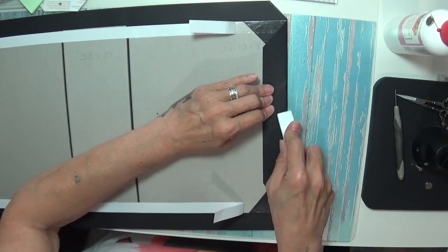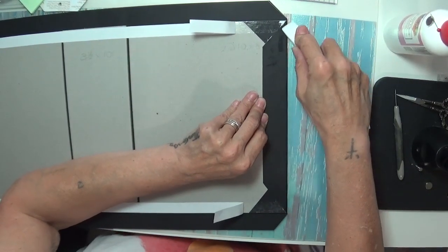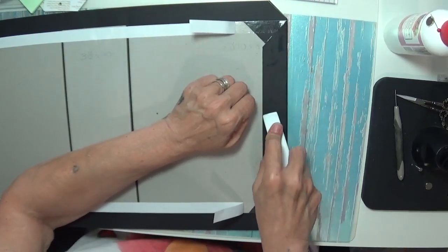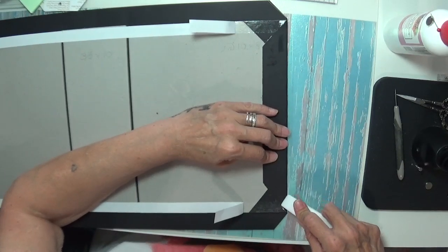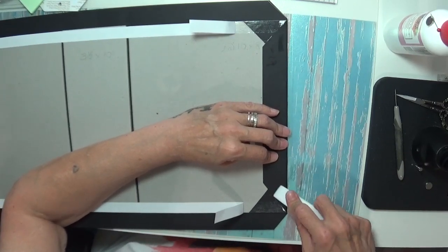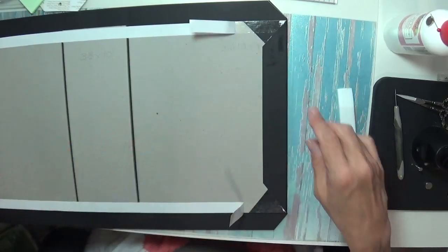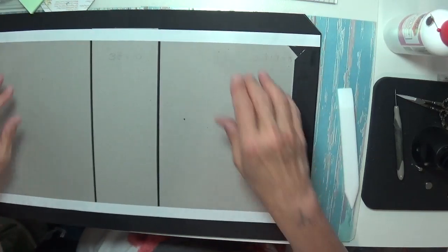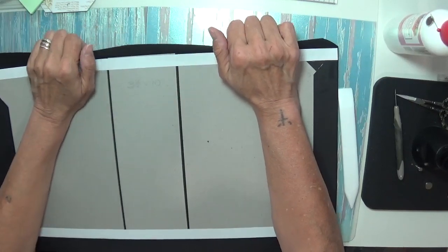Oozing your glue. There we go. Oh, there we go. It's nice and oozy there. Beautiful. Just got all the air out now. Perfect. Like I say, if it's coming out, you've done a brilliant job. So, just pop those back down for a minute, because now we're going to start to just gently lift